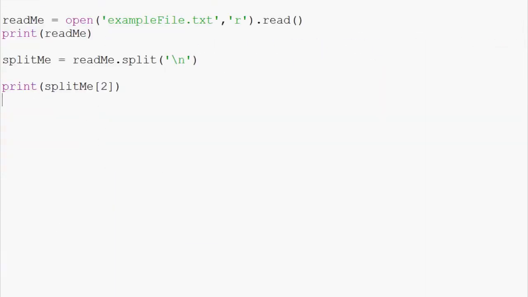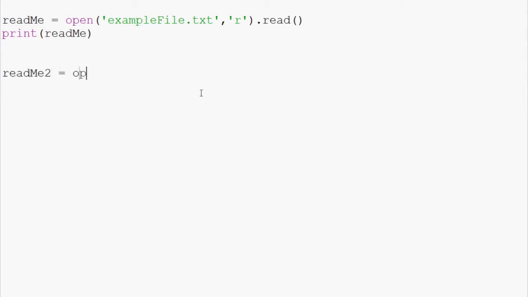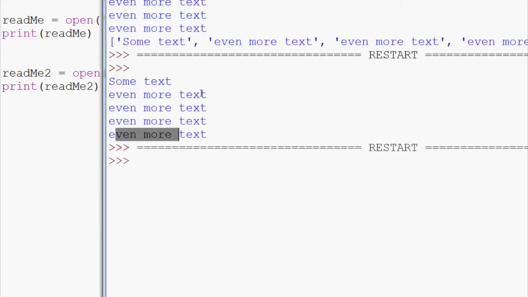Now, there's an easier way to do this, actually, if you are just going to split by each line. Instead of .read, what you can do is something like this. So we could say readme2 equals open, and then the file name, example file.txt with the intention to read. And then instead of .read only, you would do .readlines. And this will put it into a list already for you. So now we can say print readme2,